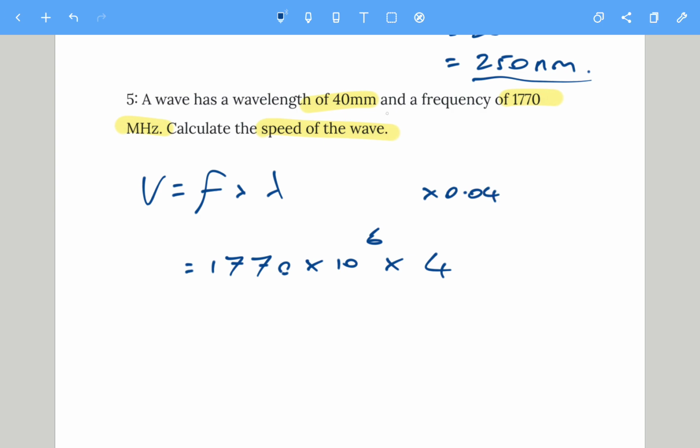Or you could understand that millimeter means divided by 1,000, so you could write it in standard form as times 10 to the power minus 3. Either way, it's the same number and it's going to give you the same answer. So it's 1770 times 10 to the 6 multiplied by either 0.04 or 4 times 10 to the power minus 3, and it will give you the full number,